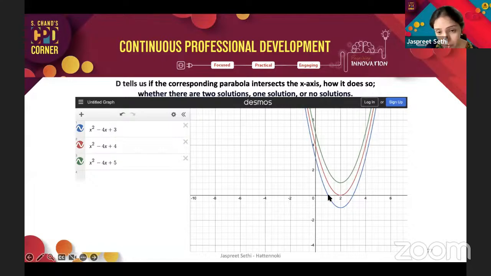When I'm talking about solutions or roots, I'm talking about how you can see it visually, how this parabola, which is opening upwards, is intersecting the x-axis. I'm seeing those x-intercepts right here at 1 and at 3. But for this equation, x squared minus 4x plus 4, I am seeing my discriminant is equal to 0, so I only see one solution. And here for the green one, I actually get imaginary roots, where I am seeing that it's not touching the x-axis.